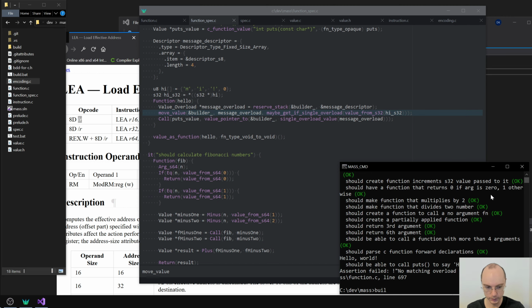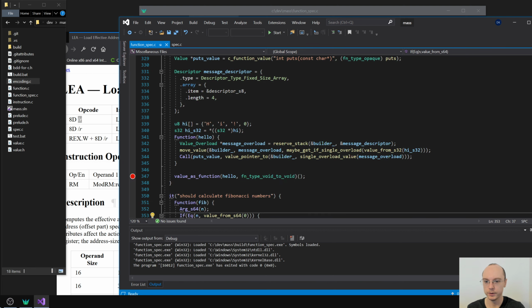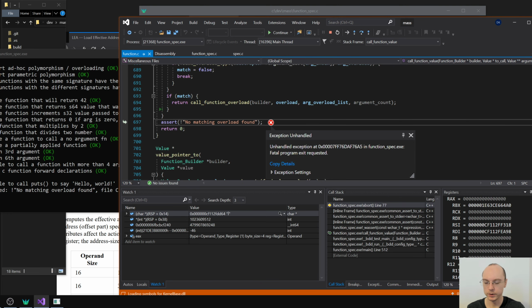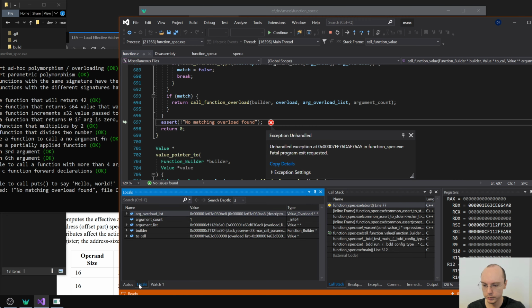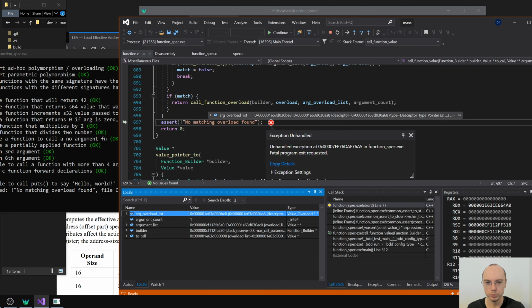I will build this, and then I will straight away go into the debugger to see what's going on. Okay, so apparently we cannot even encode the function because of some mismatch. And the mismatch happens because,